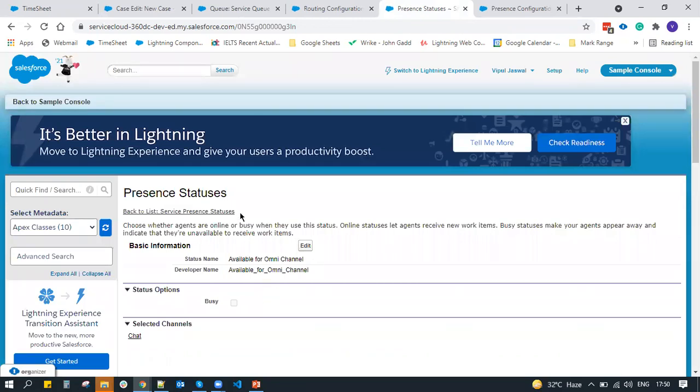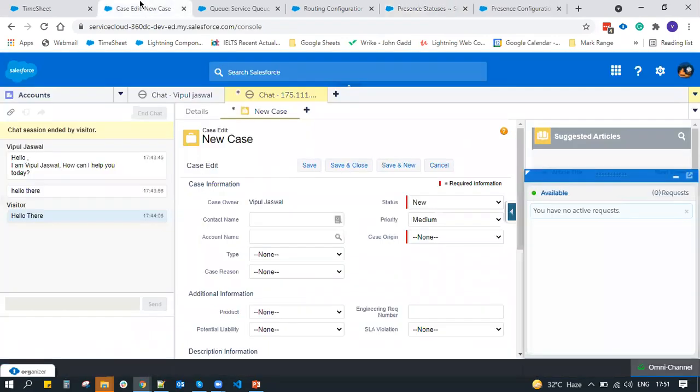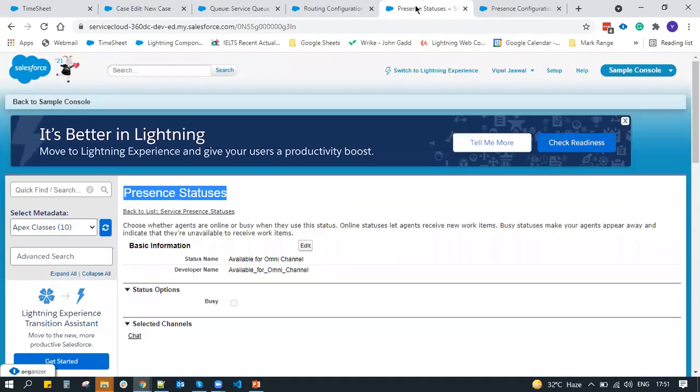As soon as you create a presence status, there is an additional step that needs to be done. Now you have created a presence status. For the presence status to be shown to the users, you need to give permission for this presence status to its profile. For example, my profile is system admin.